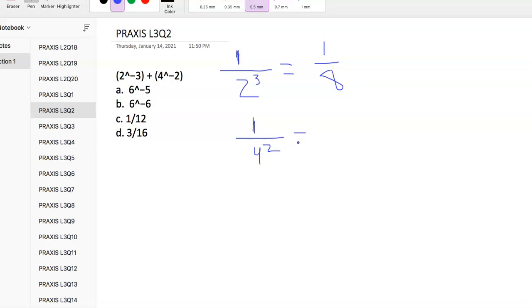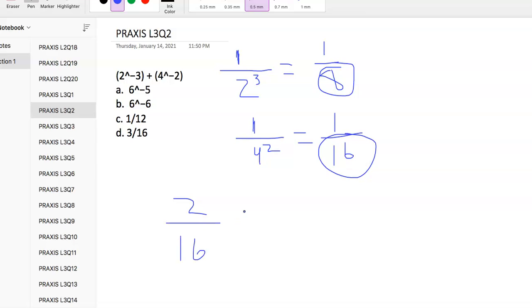Okay, and 4 squared is 4 times 4, so that's 16 over 1. Right, so now they asked us to add these. They're just asking us to add 1/8 plus 1/16. We need to get the denominators the same, just like basic adding fractions. So 1/8 is the same as 2/16, so we just have